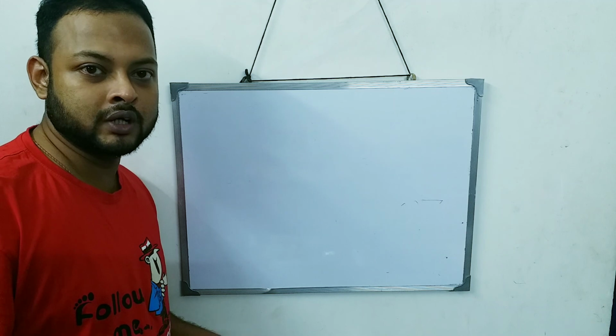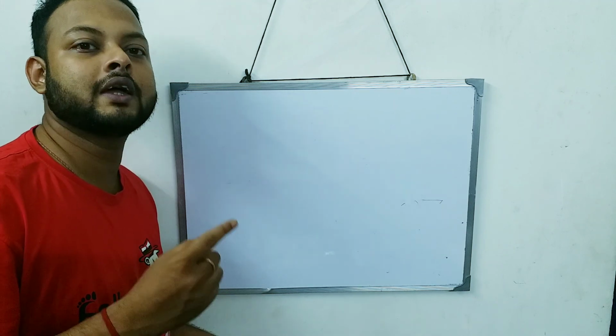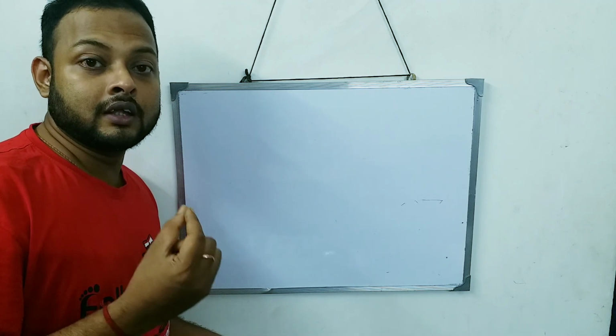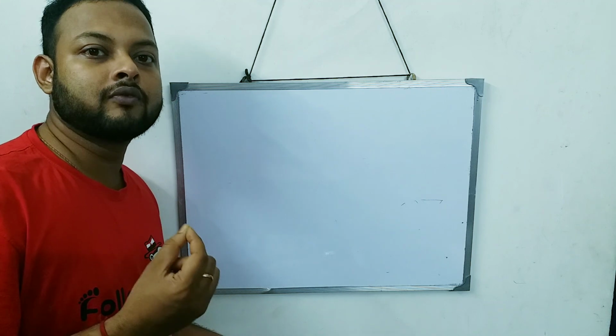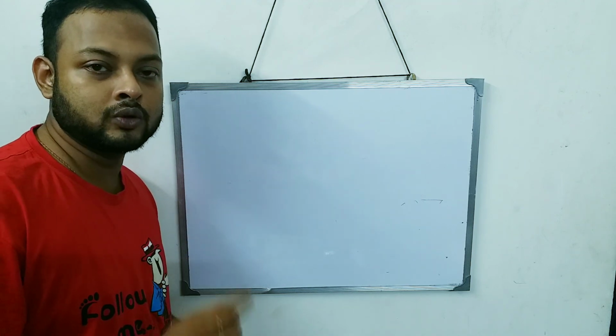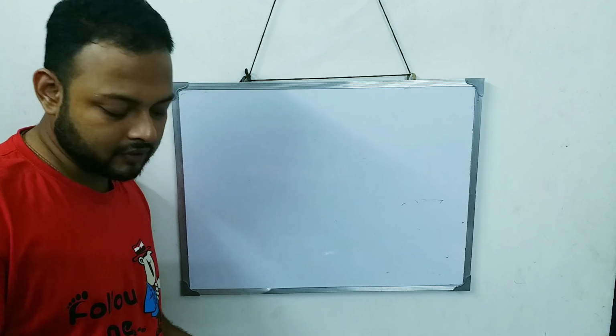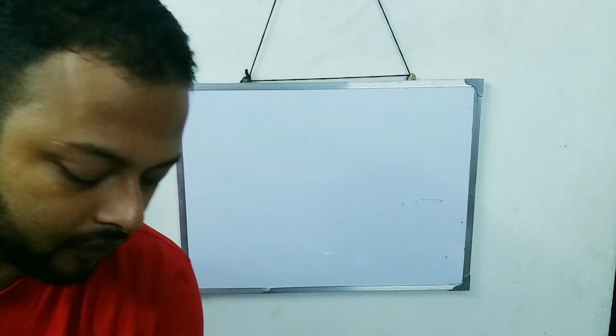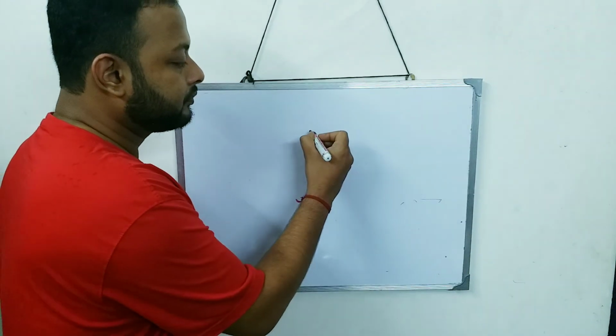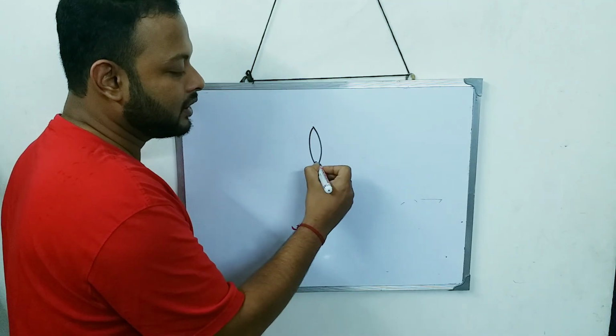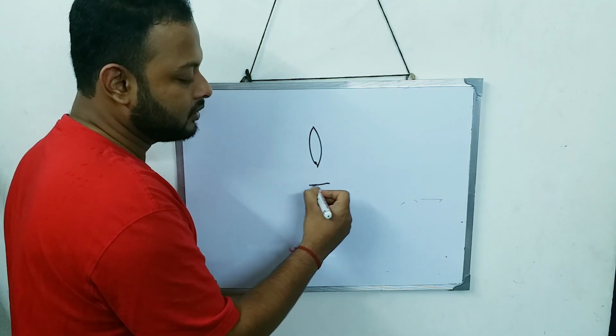Even when I was doing video number 7, that time I said that rule number 4 and rule number 5 is very important to do the numericals. What does rule number 4 say? The rule number 4 says that if you have a lens, doesn't matter a concave or a convex,